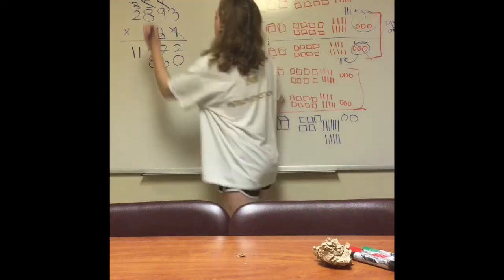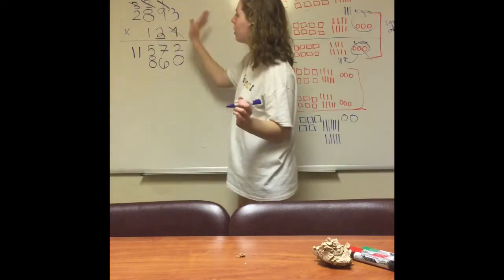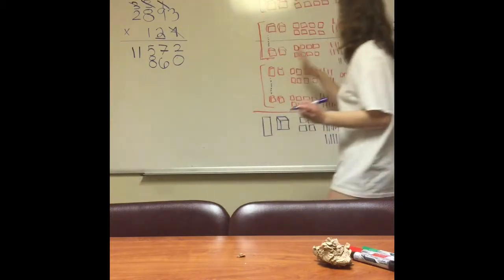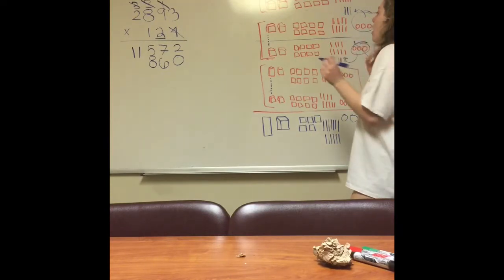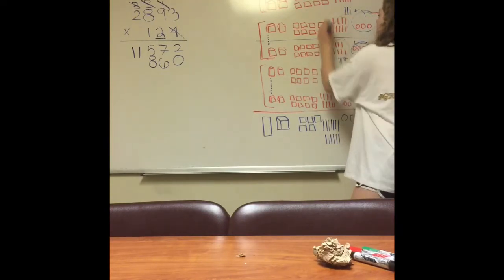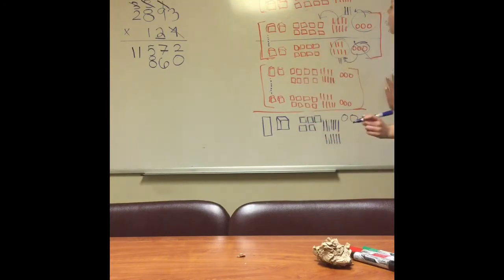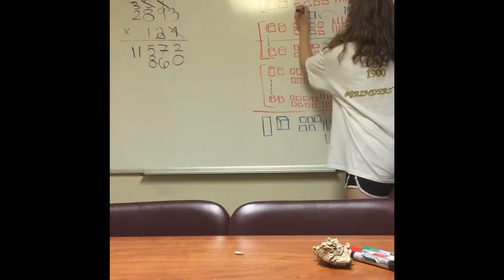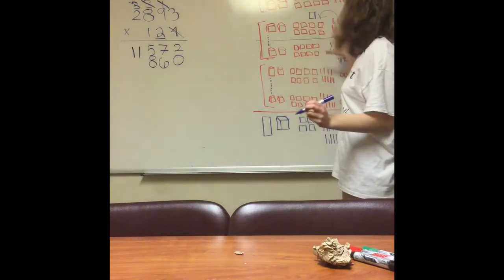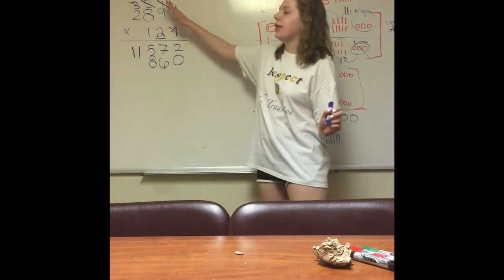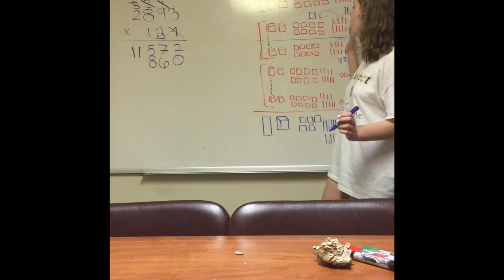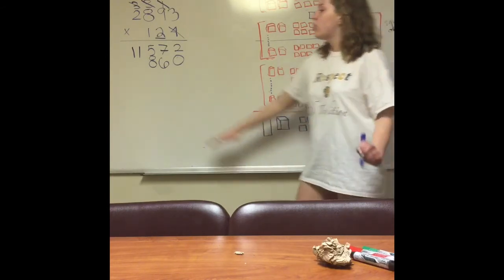Don't forget to carry that 1 on top of here, on top of the crossed out numbers that we've already accounted for. And over here, that's where our 2 groups of 9 rods come into play. But we are going to regroup 10 of those rods, and making them into 1 flat. And so then we had 8 total rods left over, noticing that that's where our 8 comes from, and we carried that 1 because we regrouped our 10 rods into 1 flat. So now that we have our 8 flat